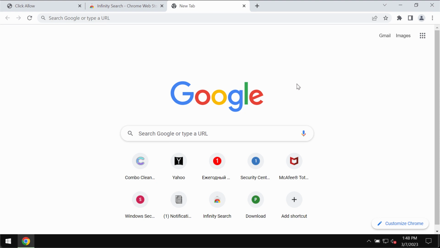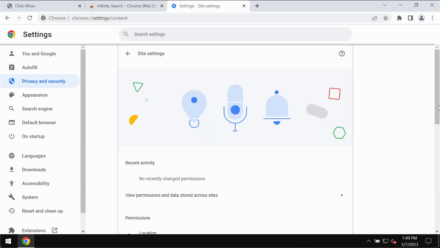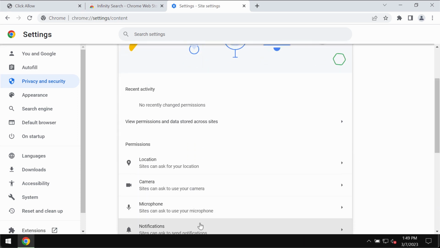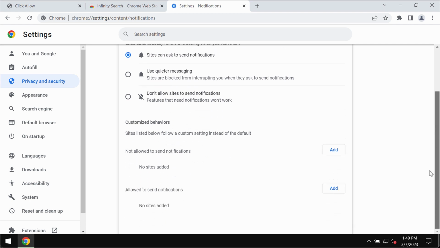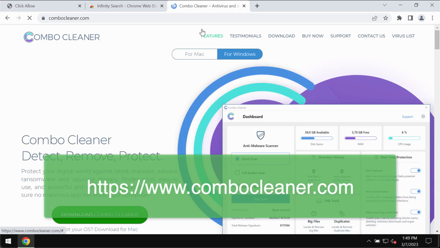So if you've mistakenly clicked on that allow button, you should fix your browser, access the menu, go to settings, privacy and security, site settings, then go down to permissions and choose notifications. So research all these sites that are allowed to send notifications. Remove any malicious sites. To make sure that your computer is free of other threats, we recommend that you investigate